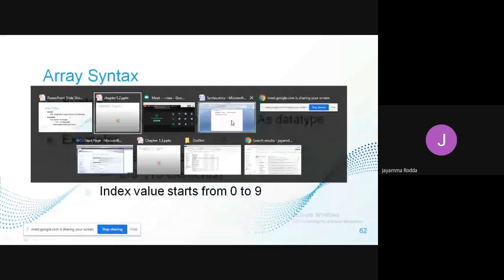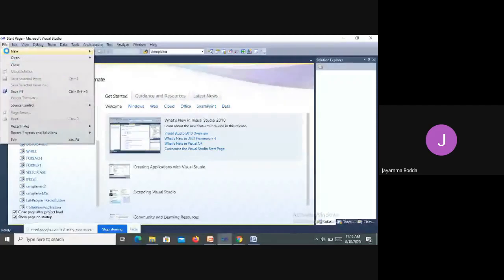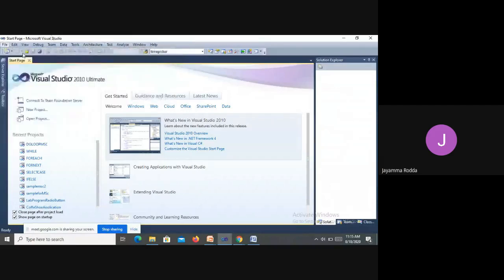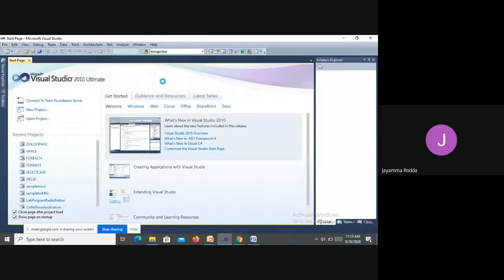Okay, so let us see an example of how arrays can be implemented. Again, File, New Project. This is the last but one console application we are going to do. Okay, it is loading.